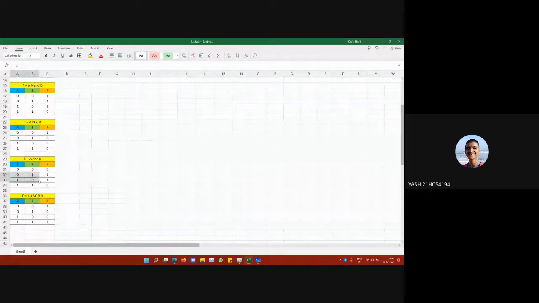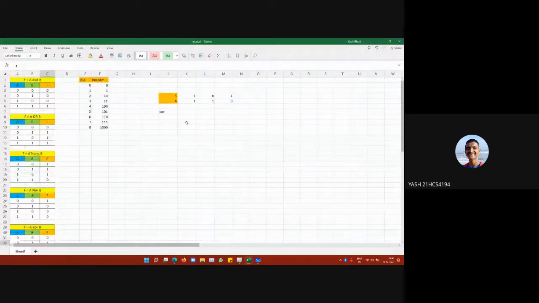If both the values are the same, then it will return 0. So here both the values are the same, 1 and 1, so it will return 0, and 0 and 1 will return 1, and 1 and 0 will again return 1. So we get 0 1 1. The decimal equivalent of 0 1 1 is 3. That is why in the exclusive OR operation we are getting the output as 3.